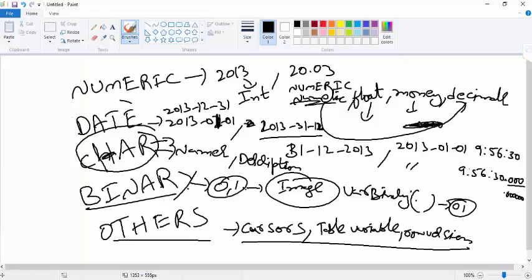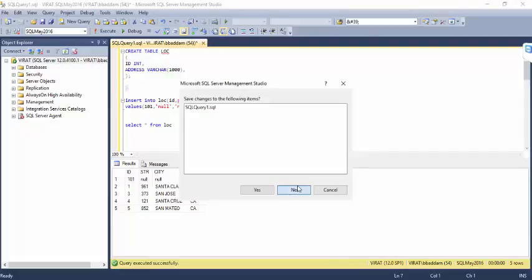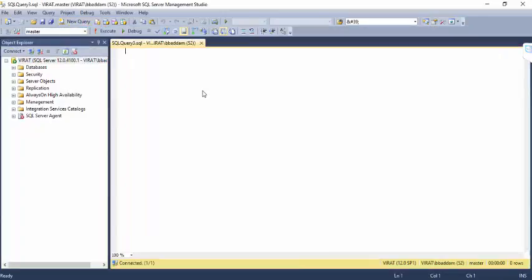Numeric. So for numeric, what I do, I'll go with the table. I'll create a table named data types, dt. Then I'll create one column, ID, as integer because it can store the integer. Next, for the numeric, I'll create salary. Salary I'll give decimal